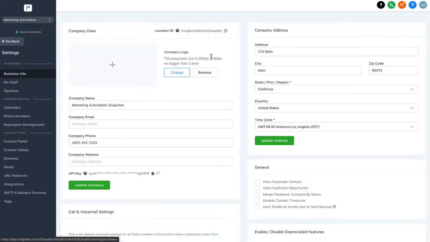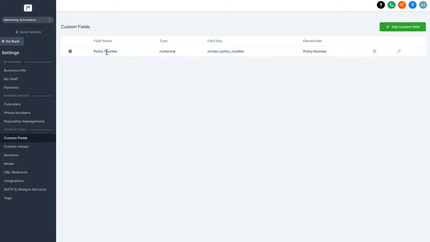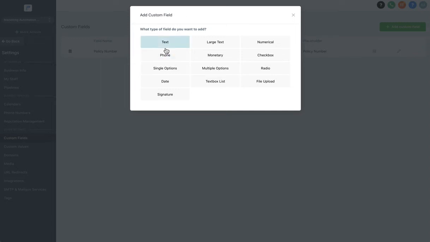Okay, let's go back to settings. Let's go to custom fields. I keep getting custom values and custom fields mixed up. Custom values is another element in the software. But custom fields, let's go add another custom field. So let's use a